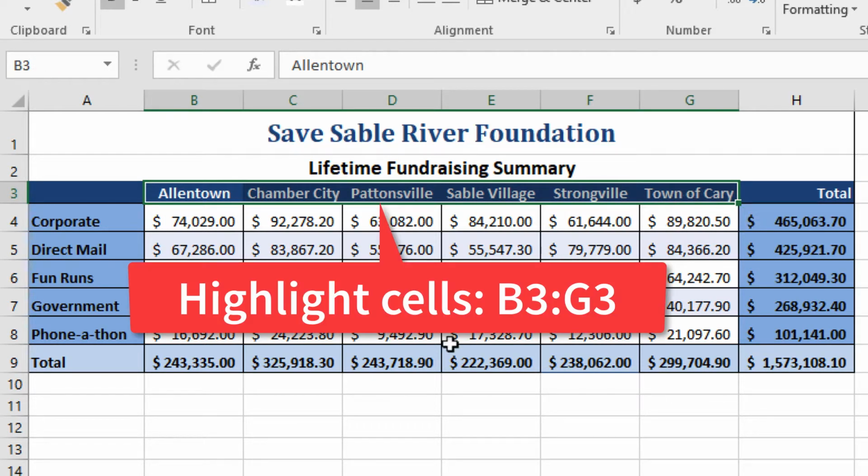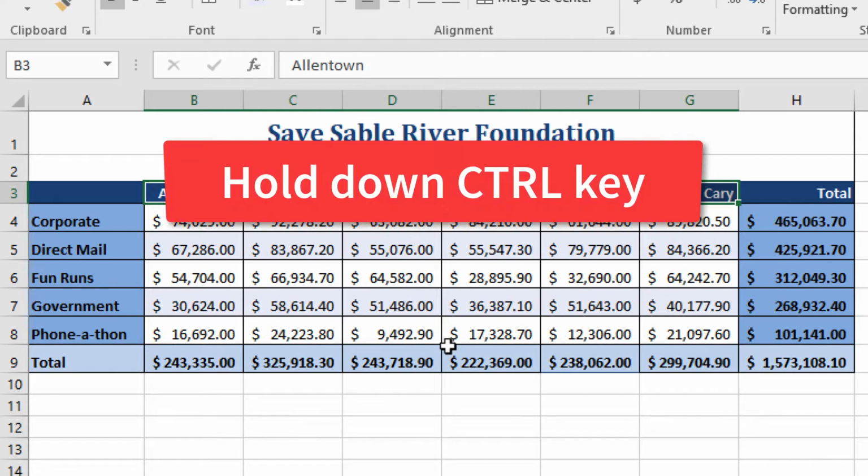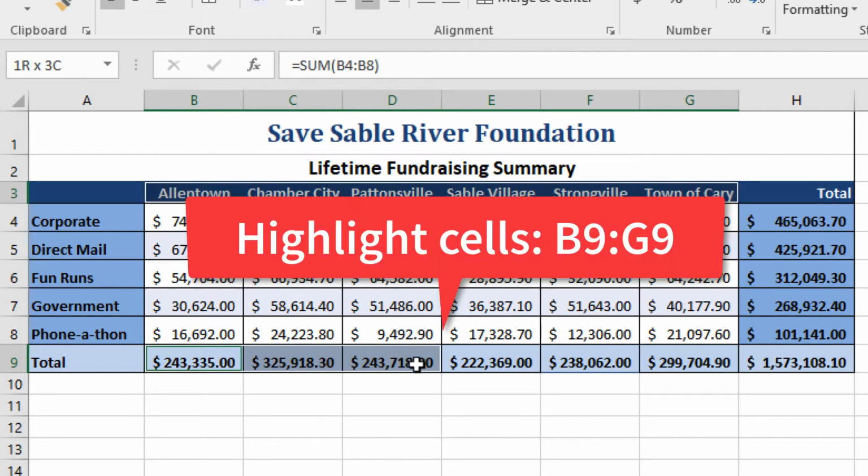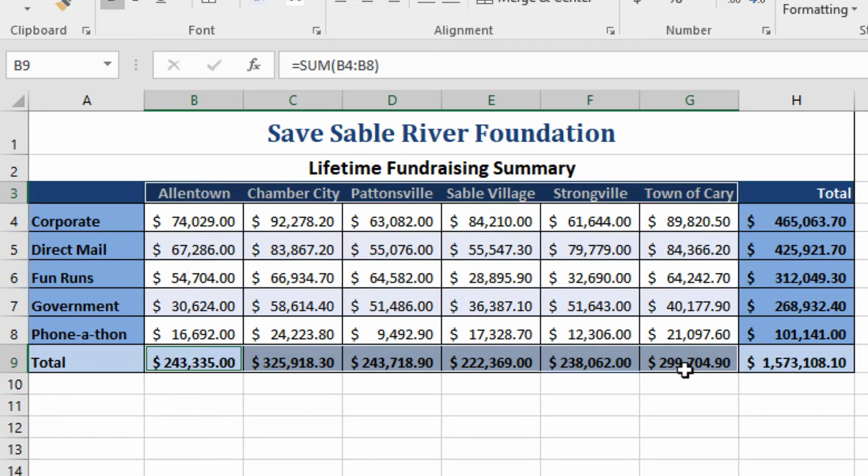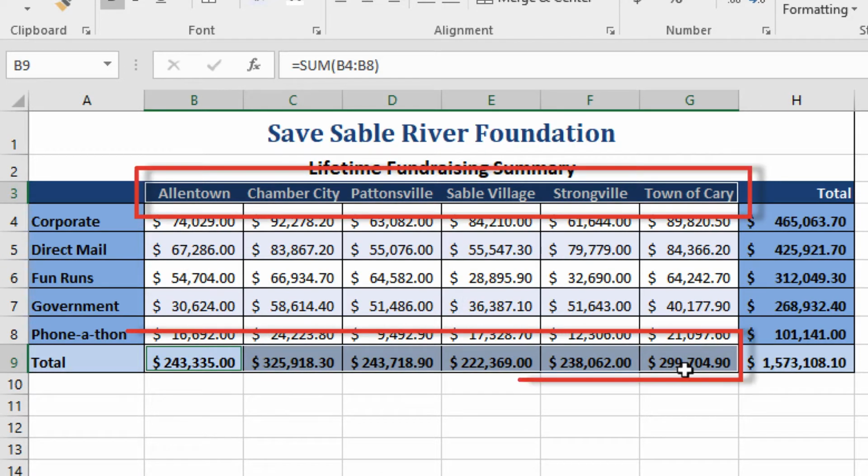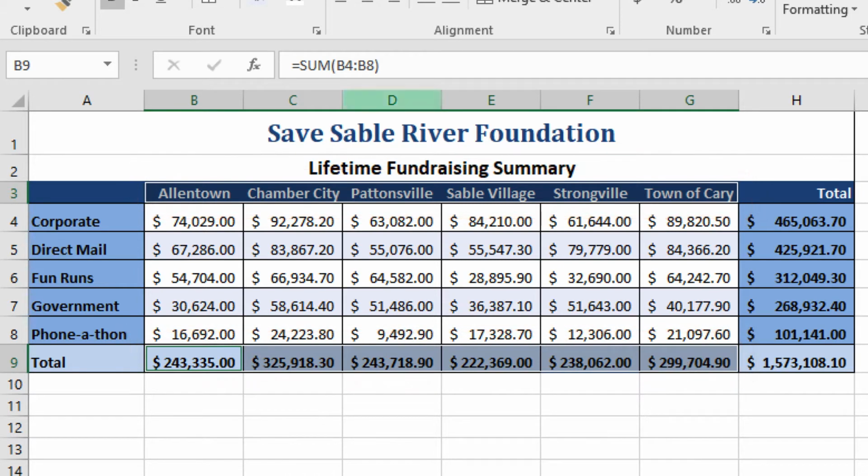The hard part, if you're on Windows, you have to hold Control and keep your Control key down and then highlight through these 6 cells so that you have 12 cells selected. And if you do that, you're in good shape. Then all you have to do is go to Insert